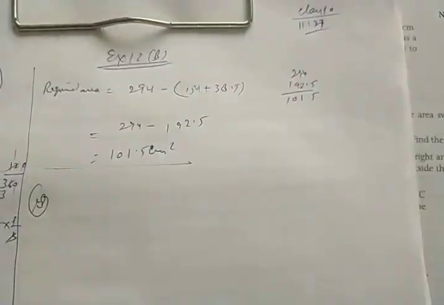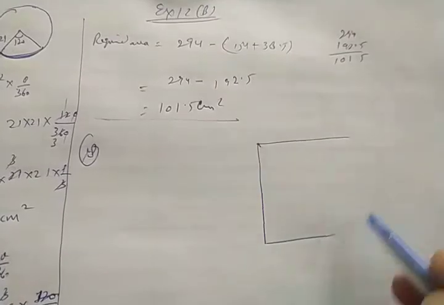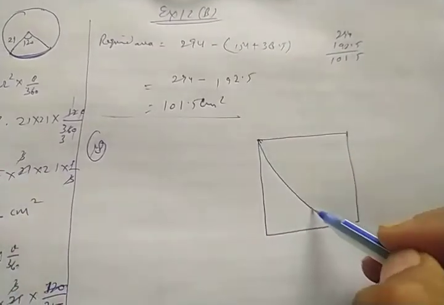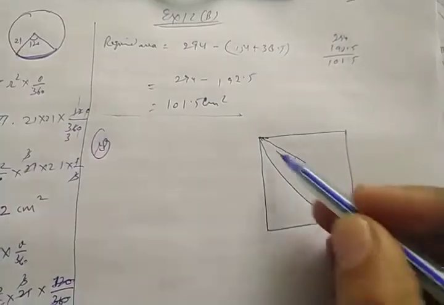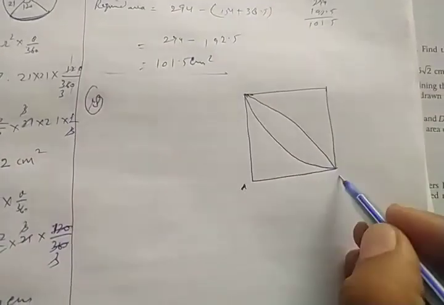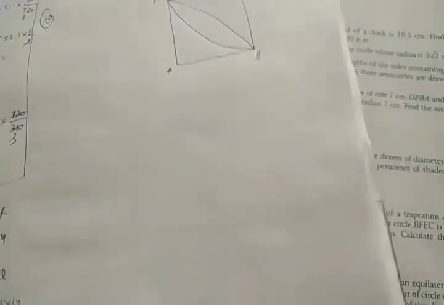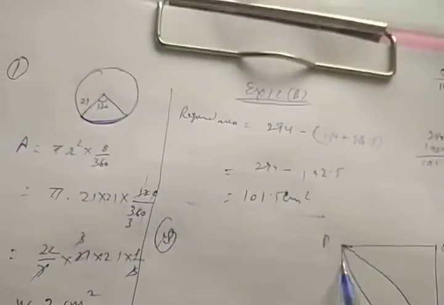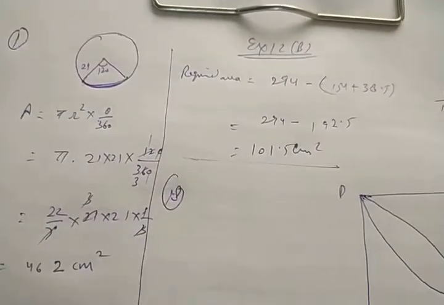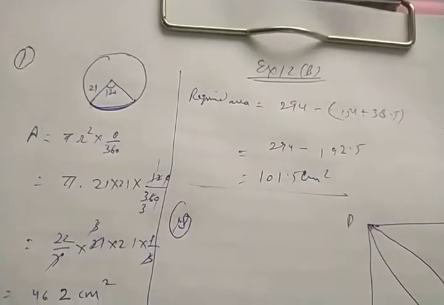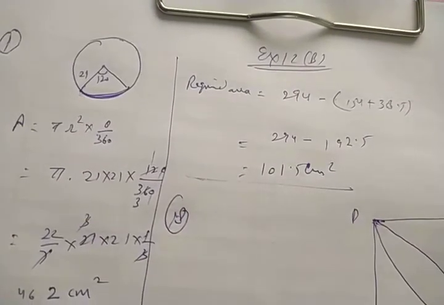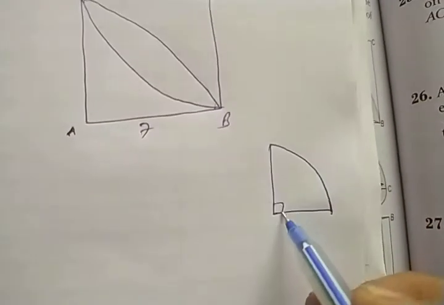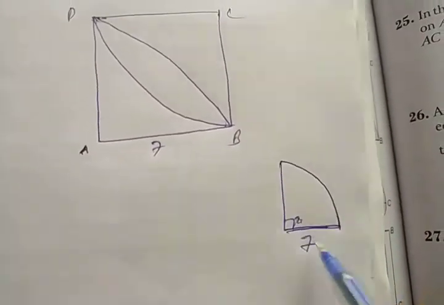Now question number 18 I am going to tell you. This may be helpful for you. In question number 18 a diagram has been given. It's a square and one leaf is formed like this. Area of this leaf is to be calculated. Naming is A, B, C, D, and 7 centimeter side of the square has been given. Now this is looking like a quadrant. If you consider this much, this is a quadrant, and this quadrant is to be calculated like this. Angle is 90 degree and this radius would be 7.